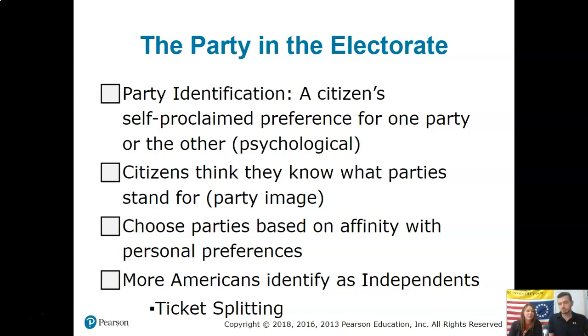Sometimes when I go to vote, I really like a Republican candidate, so I might vote for them, but then I like a Democratic candidate at the local level, and I would vote for them too. That's what we call ticket splitting. You're not necessarily voting for one party on the entire ballot. Maybe you're splitting up your votes depending on who you like or what policies you prefer, with each of those candidates supporting them in different ways.